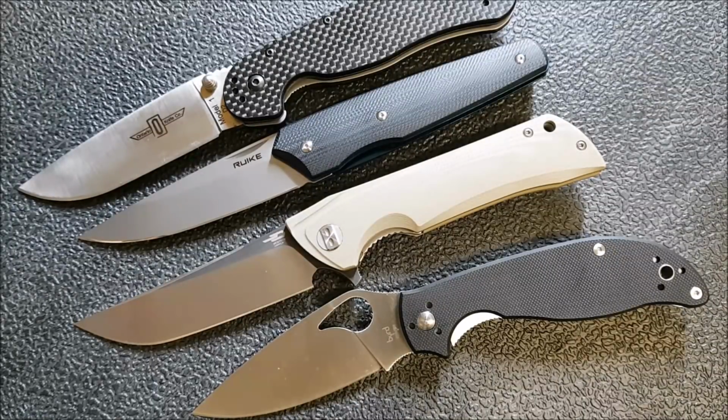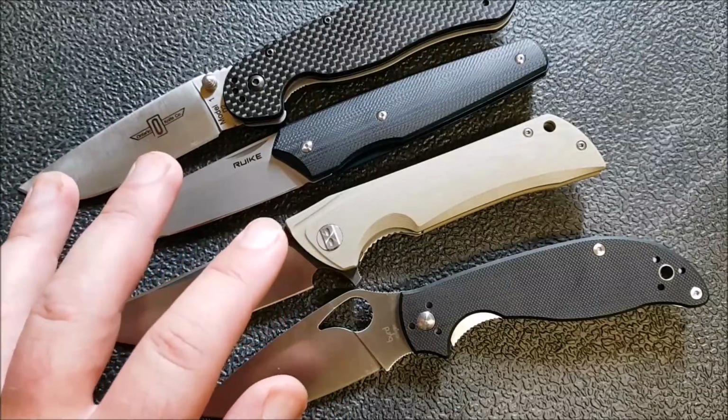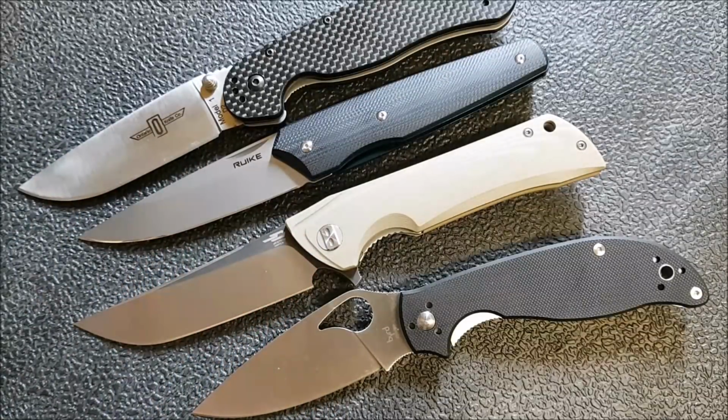But the U.S. companies, Buck would be another one. They really should step up their game. When you can see in these knives what is possible for that $50 price point, there's really no excuse for pumping out crap and calling it a knife when for the same price people could do so much better. And so that is really, really frustrating. They need to up their game in terms of quality, in terms of